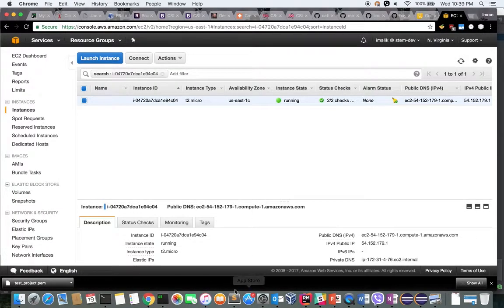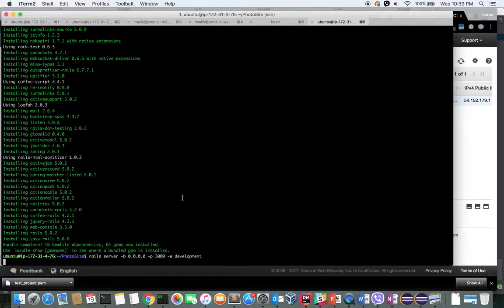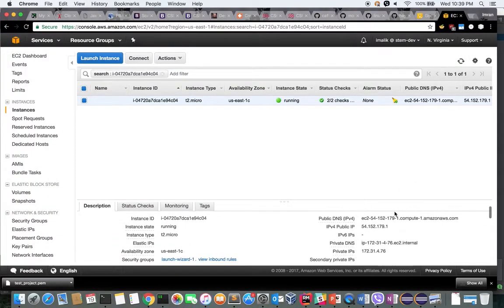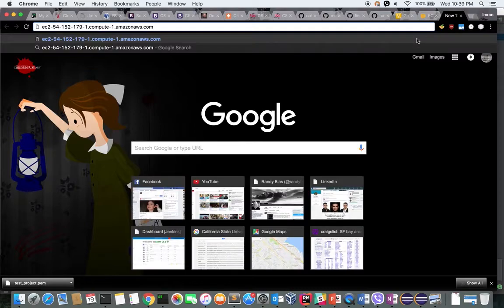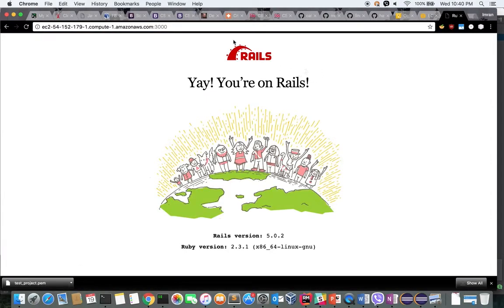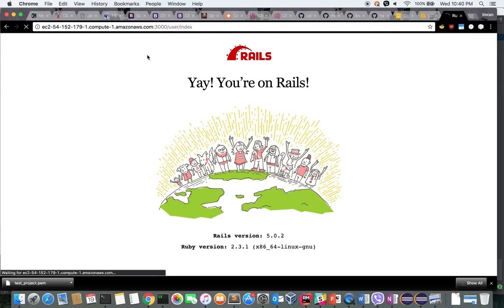In the terminal, my app is started. So let's access our app using the public DNS address. We will use this address since this is the public DNS address for my instance. I'm going to go ahead and access it on port 4000. Cool, so it's running. Let's access index.